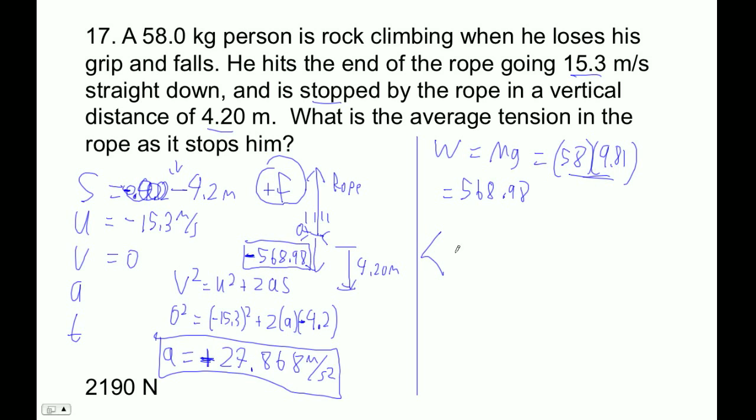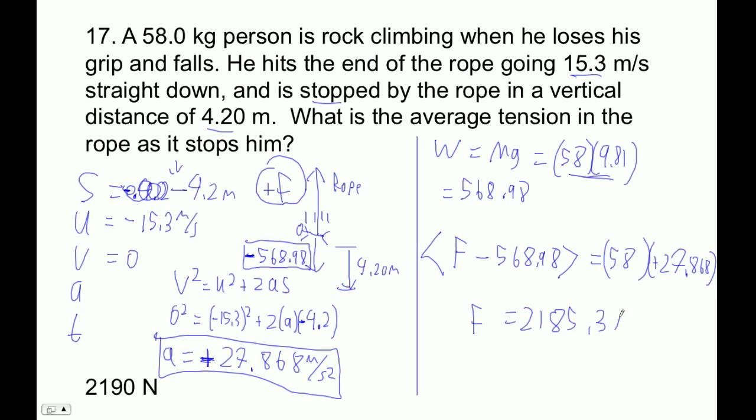We go boop, and we go unknown force minus weight equals 58 times this crazy answer here, positive 27.868. Ta-da. Okay, so that guy plus 58 times my acceleration, and I'm getting 2185.3 newtons. We're required by law to round it to 3 places, so it would be 2190